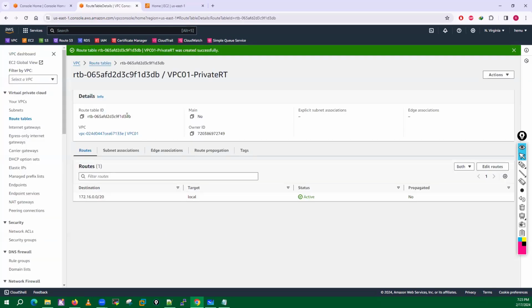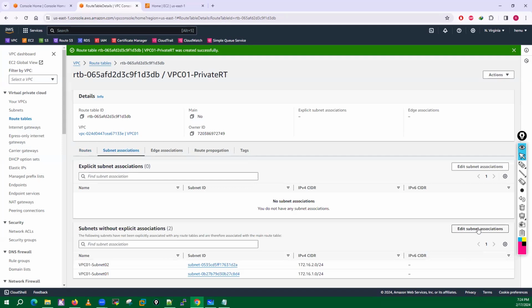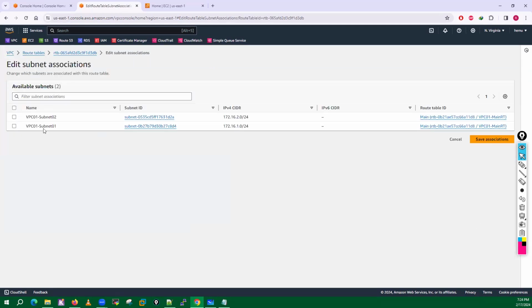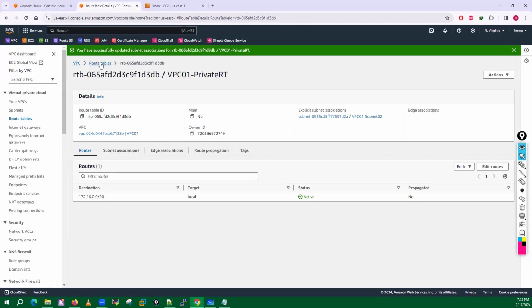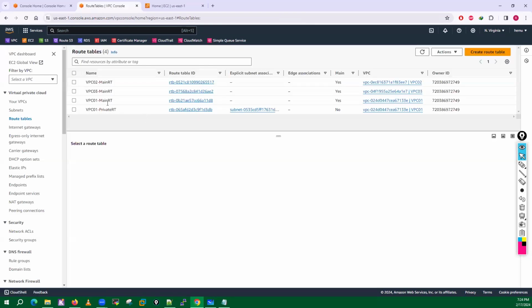Created. Subnet association, and what you can do, we have two subnets, right? So I just put one subnet, like the VPC01 subnet, or maybe the secondary one, into this private route table, because this is how you will see things in the production environment. Okay.